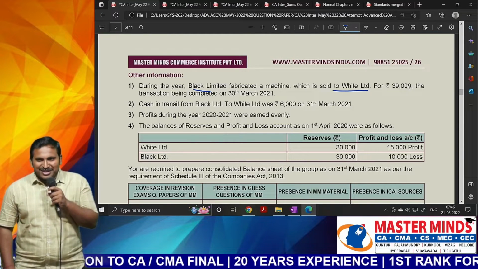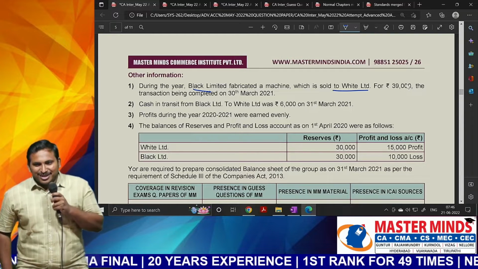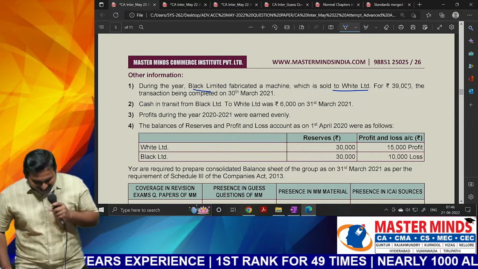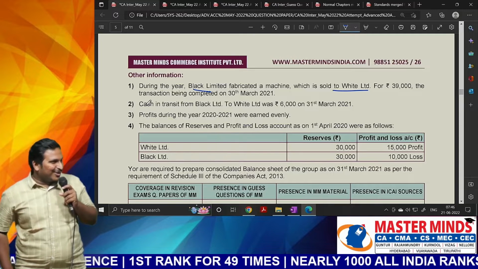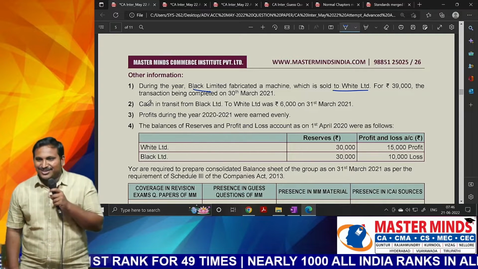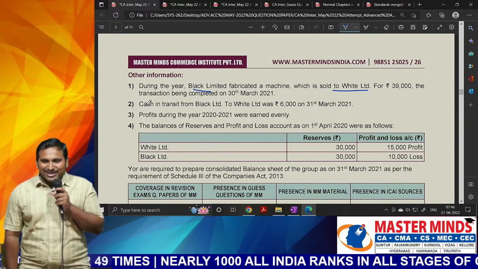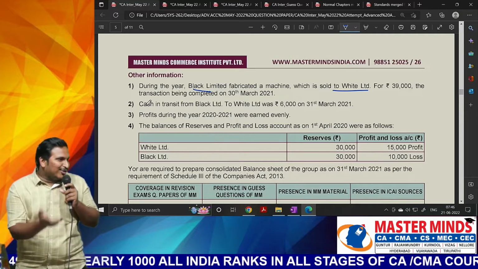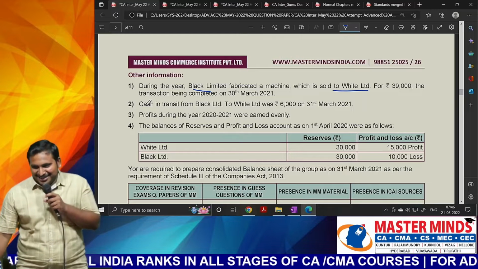Now whenever there is an upstream or downstream transaction, what is your aim? What should you do? If there is any unrealized profit, it has to be eliminated. Have they given any cost details, sir? Find unrealized profit. Have they given any cost details? Oh. Because they have not given details, we cannot do anything. Or else you can take an assumption that it is transferred at cost. That's all. You have to ignore this transaction, no impact.